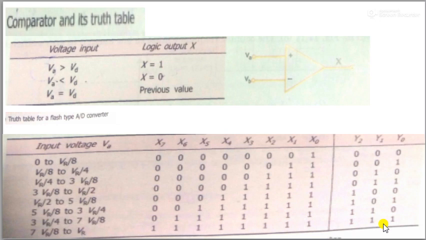So what are the drawbacks or disadvantages of the circuit? The number of comparators required for this conversion increases if the number of bits is more. For example, for a 3-bit conversion, the number of comparators is 8. If it is a 4-bit conversion, the number of comparators required is 16. So like that, the number of comparators increases, but the advantage is fast, rapid conversion: within a fraction of a second, the analog signal is converted into a digital signal.